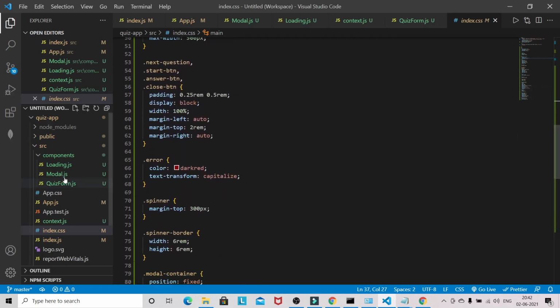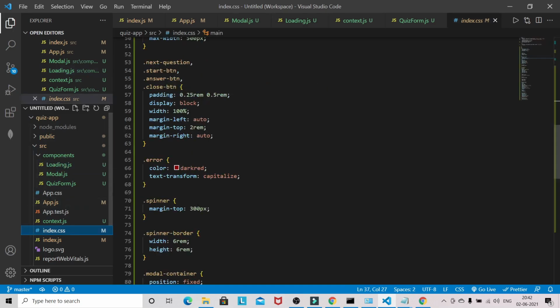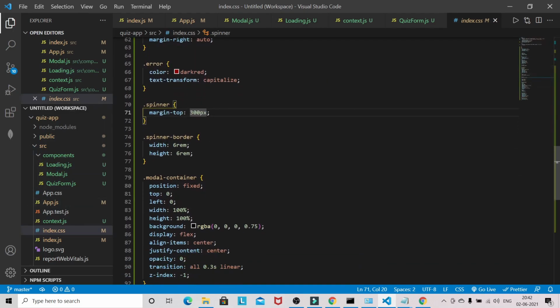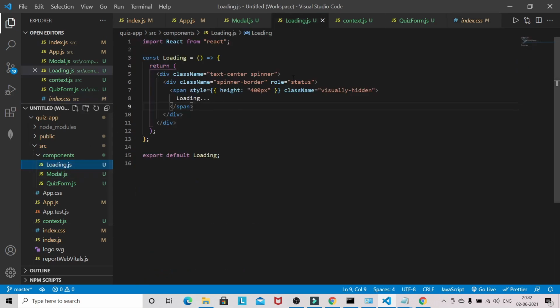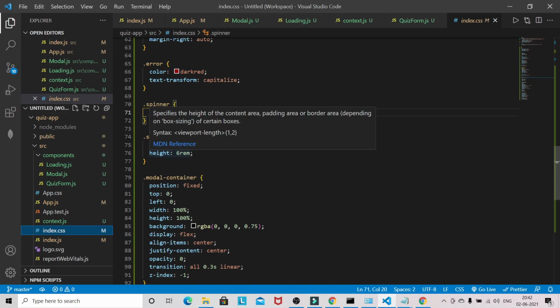And for loading also, I think I haven't shown you the styling of loading. So this is the loading and this is the styling of loading. Okay, so it's spinner and spinner border. So I just increased the existing styling. Okay, so these are all Bootstrap classes. So I just updated the existing styling of Bootstrap.